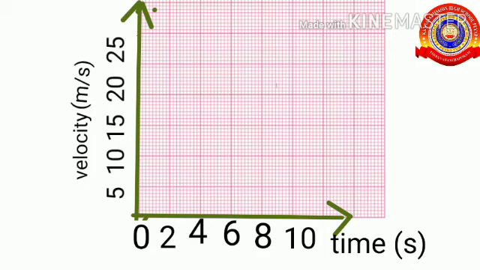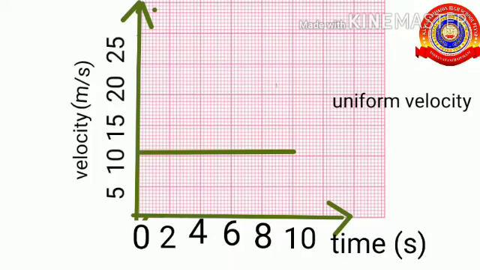Okay. So we know that by increasing time by 2 seconds, what about the velocity? Yes, the velocity remains the same, that is 10 meter per second. Okay. By giving the values of the table in the graph, we can get a graph showing uniform velocity. Okay, that means here the objects move with uniform velocity. Here time increases by 2 seconds